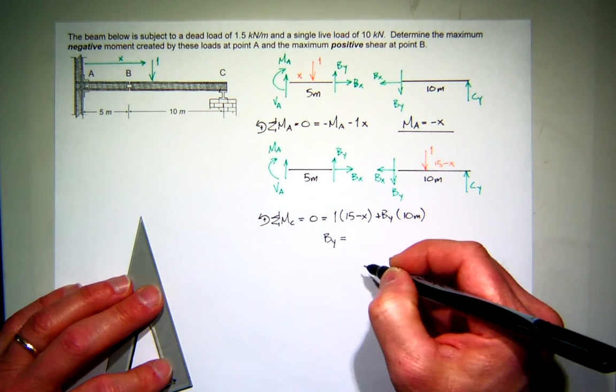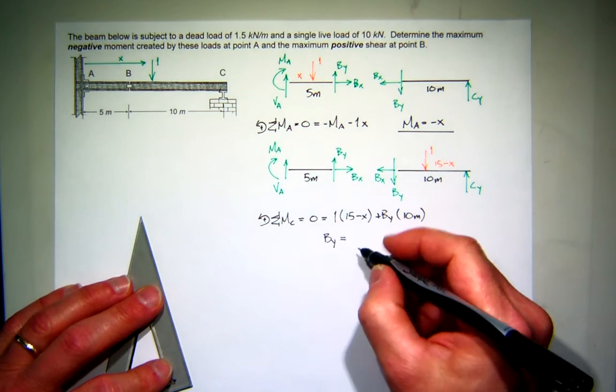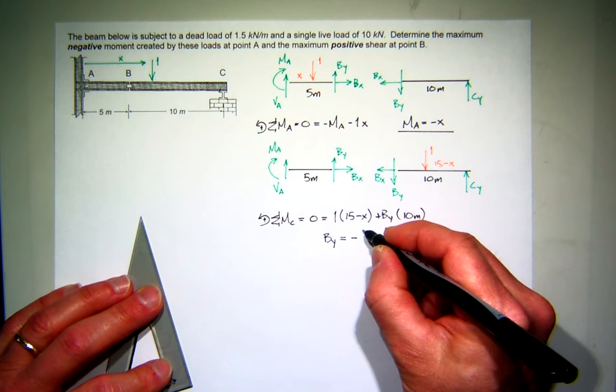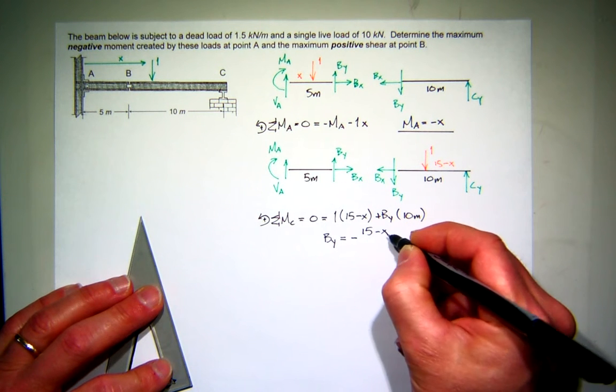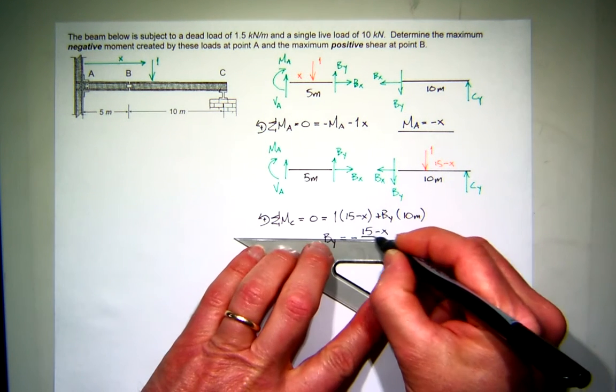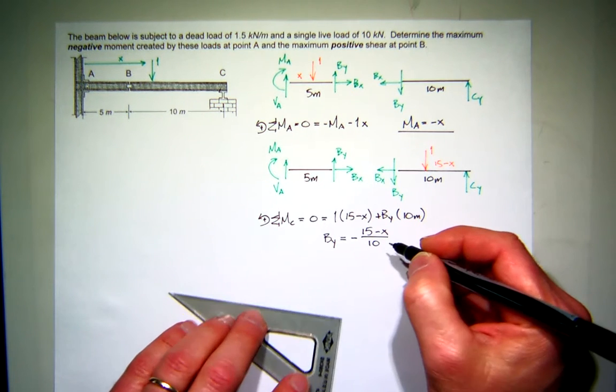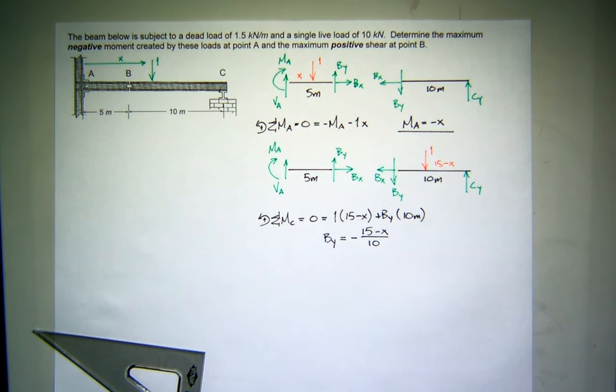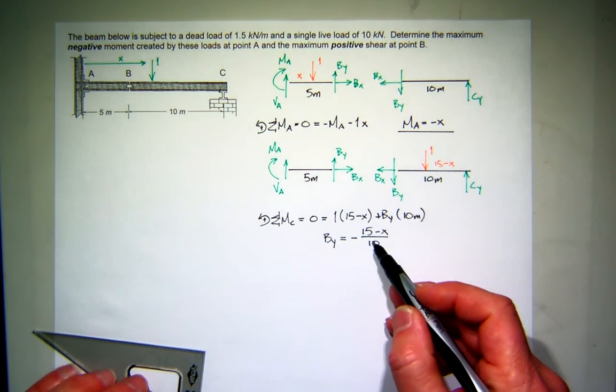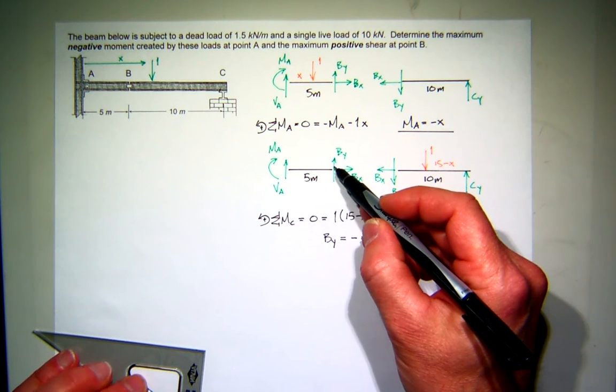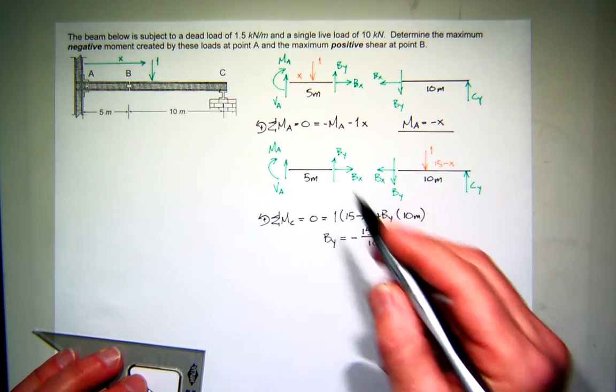It looks like it's negative (15 minus x) divided by 10. See that? So now I'll put that value here, and I'll solve for the moment